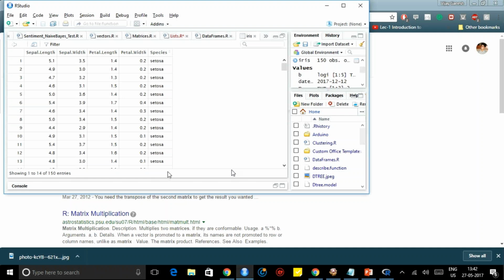We have the sepal length. Petal and sepal are botanical terms. We have a flower part and a green part at the bottom, right? So that is sepal and petal. The petal is the flower part and the sepal is the green part. So that is the data, and here he classified it, he knows that this one is Setosa. I'll show you.